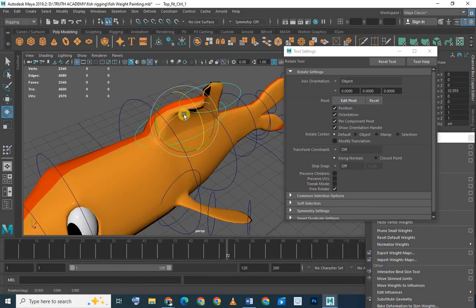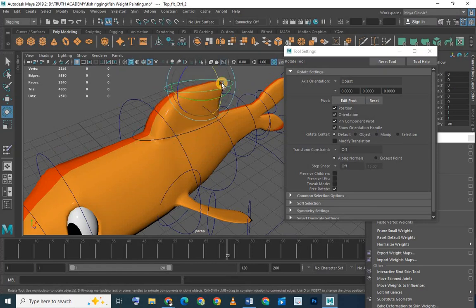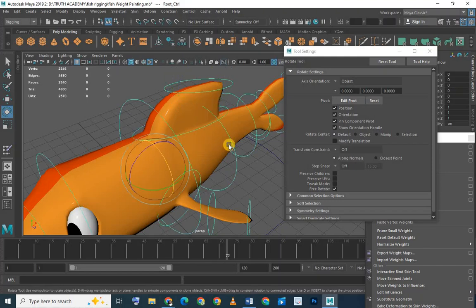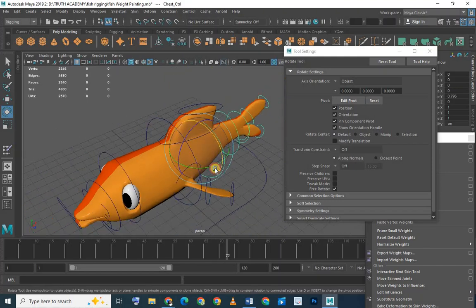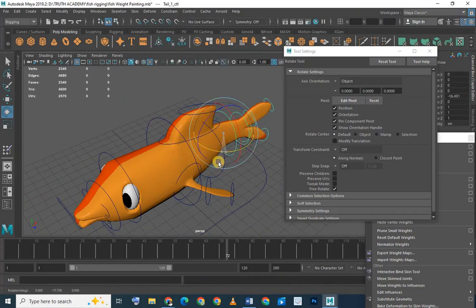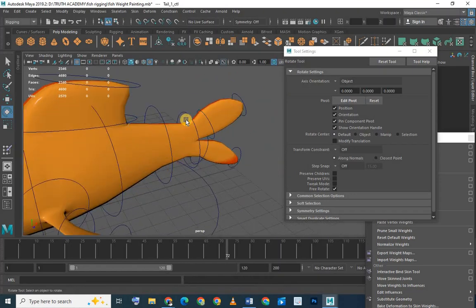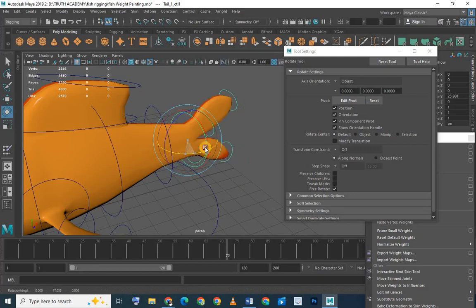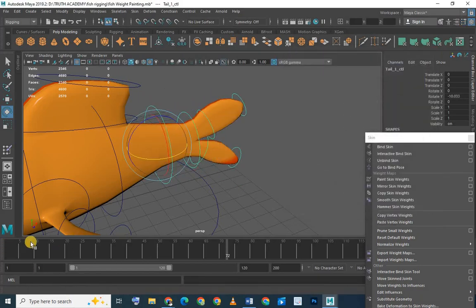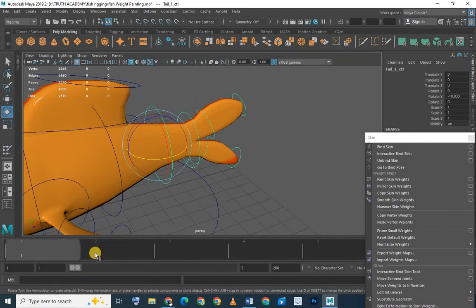So you need to work on such things. Make sure the influence is okay. So I think it's the issues on this joint here. You work on that. These ones, I think this one's okay. This one is okay. This one is also okay. So yeah, if I came here, keyed there,